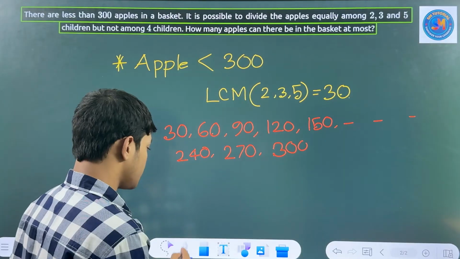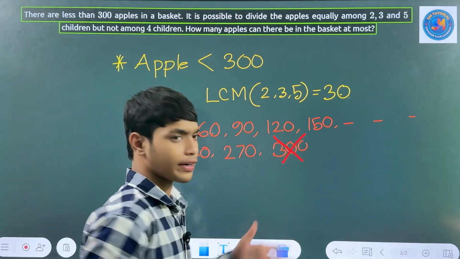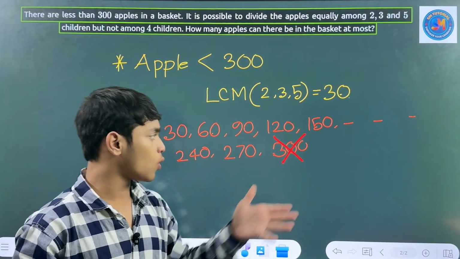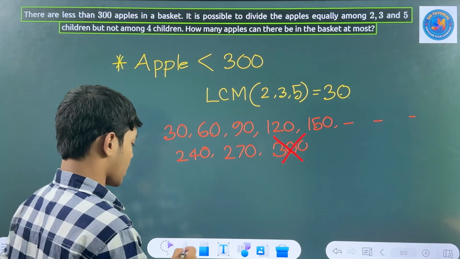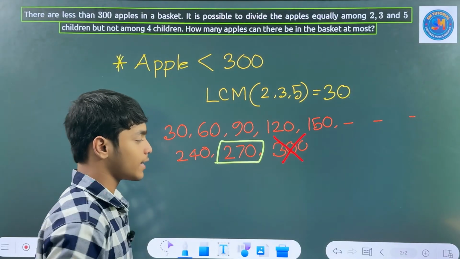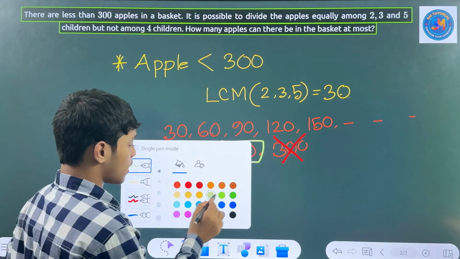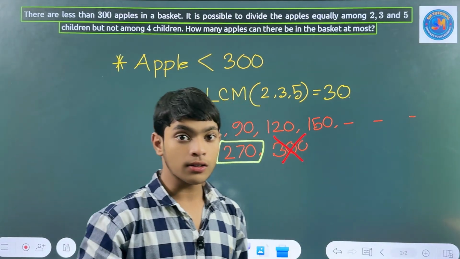But did you see here? Is this 300 less than 300? No, this is not less than. This is equal to 300. So we won't take it. So what we will take? We will take this 270. So in a very common way, we understood this 270 is that number, the amount of the apples